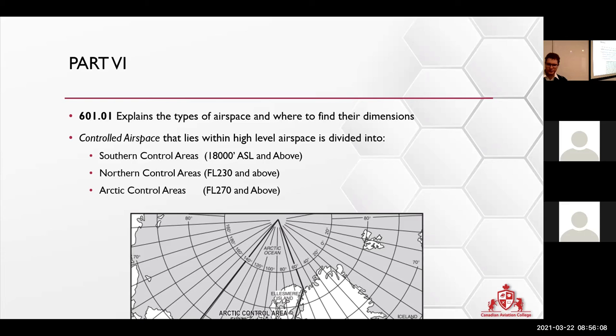So here's where I want you guys to take also a note of that. When they're saying flight level 270, many people ask, well, why are they just not saying 18,000? When it says flight level, it means that the airplane is currently flying on the altimeter setting of 29.92. It's flying on standard. So take note on that. So if you guys are flying over here and they tell you, hey, listen, climb to 6,000, it means you're flying on whatever is the current setting. If it tells you climb flight level